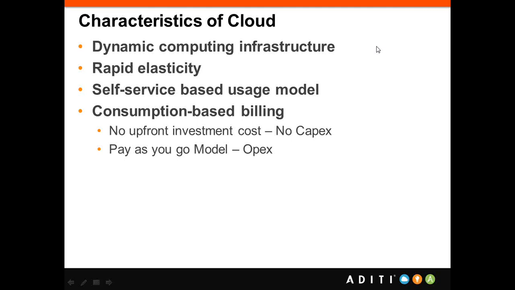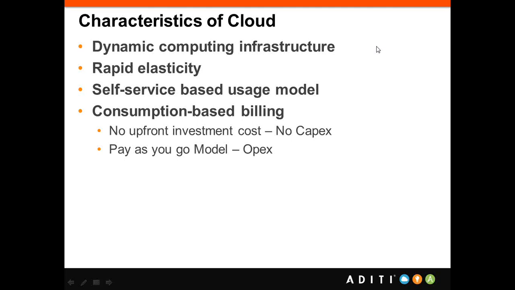Third one is self-service. We saw all these characteristics in the definition of the cloud, but I just wanted to reiterate the point. Self-service based usage model: you ask for it, and you go access and service yourself. That is one of the characteristics which cloud computing provides. The last one, very interesting, is consumption-based billing.